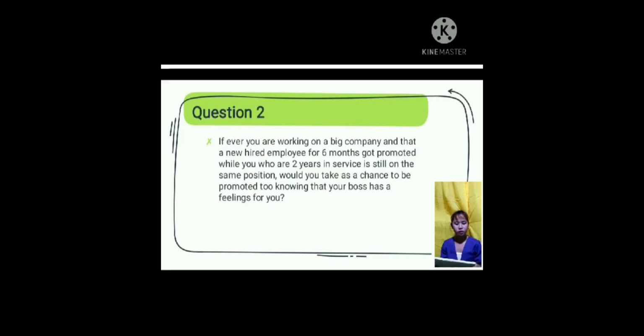Question number 2. If you are working in a big company and a new head employee, after 6 months, got promoted, while you, who are 2 years in service, are still in the same position, would you take this as a chance to be promoted, knowing that your boss has feelings for you? Yes, but I will act only after that new employee of 6 months has been promoted first instead of me, who has been in the job for 2 years, and I will not take advantage of my boss' feelings for me. I work hard